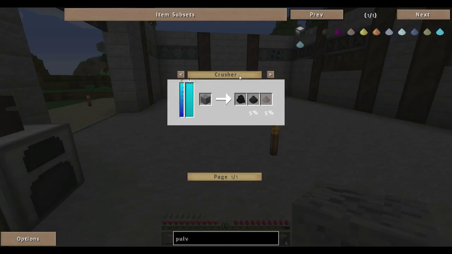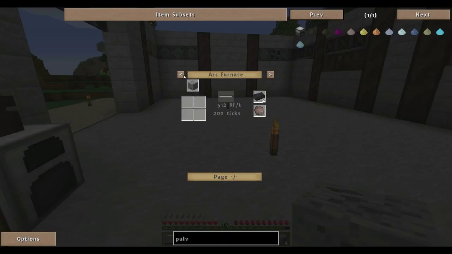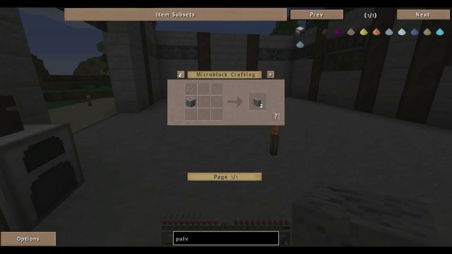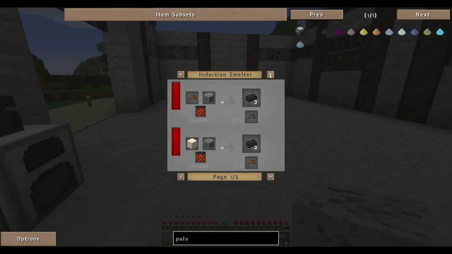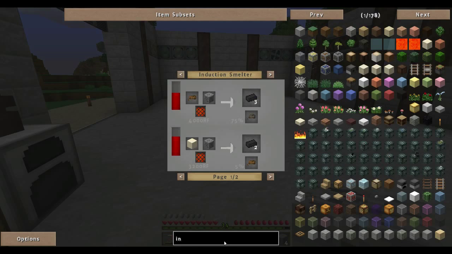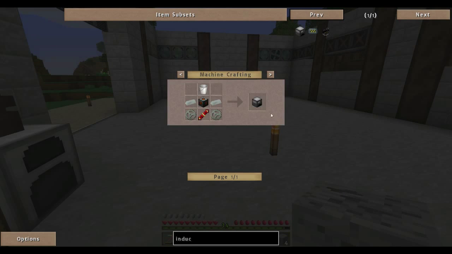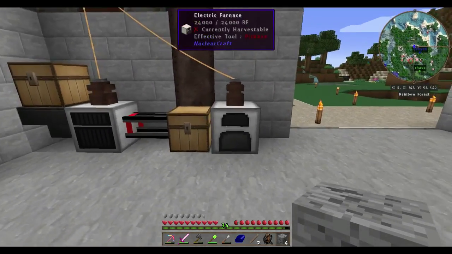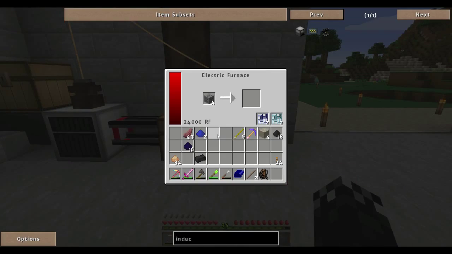Crusher. So, Magneticraft crusher. That's where I want to go anyway. So that'll be alright. Arc furnace. Immersive Engineering crusher can do it as well. Double it. So, induction smelter. Is it induction smelter? Oh, it's enabled. Induction smelter might be another way as well. But yeah, the idea at the moment, while we're in early game,